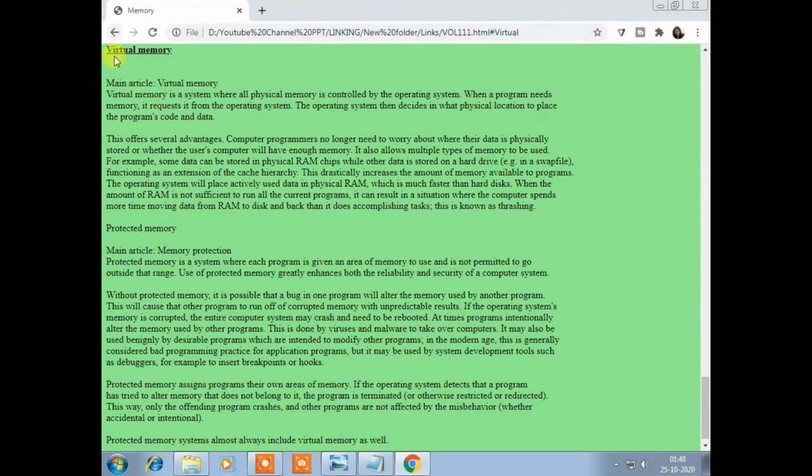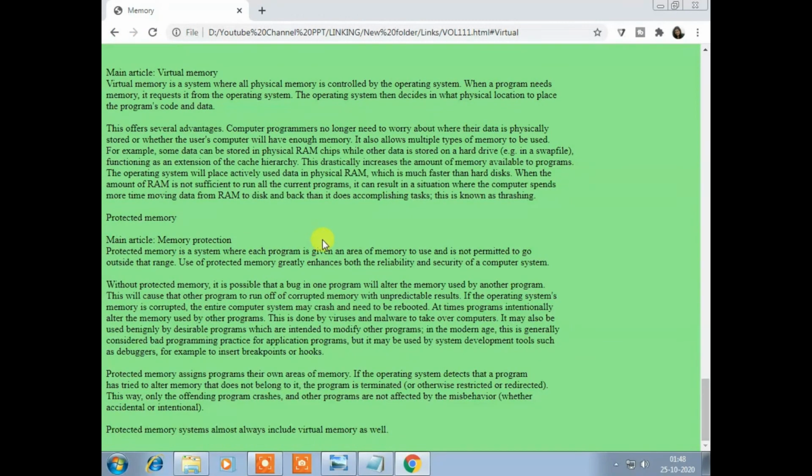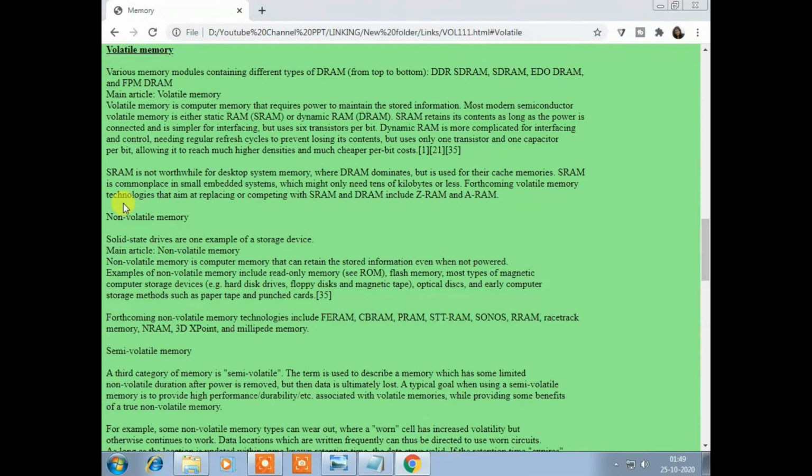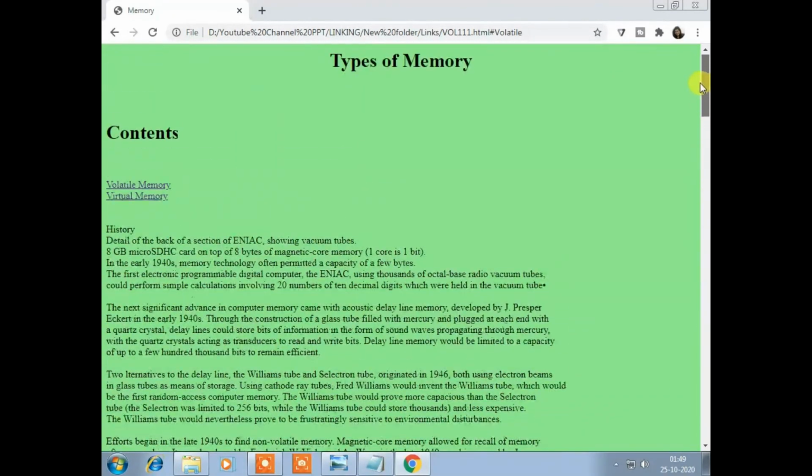We have jumped to virtual memory. If you click on volatile memory, you can jump to the volatile memory section, and if you click on virtual memory, you will jump to the virtual memory section.